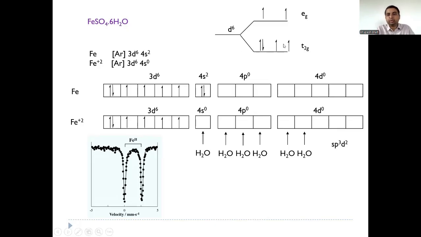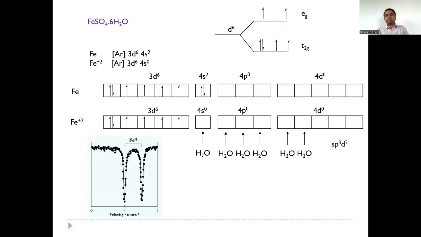So this is the distribution of t2g orbitals and eg orbitals. t2g orbitals are dxy, dyz and dxz, and eg orbitals are dz square and dx square minus y square. So we can see that in the t2g region we have 4 electrons, and in the eg region we have 2 electrons, means the eg orbitals are half filled. Over here, one t2g orbital is fully filled and 2 are half filled. So we can say that the distribution of d electrons is not spherically symmetrical, and that's why in the case of FeSO4.6H2O, we will be having 2 signals due to